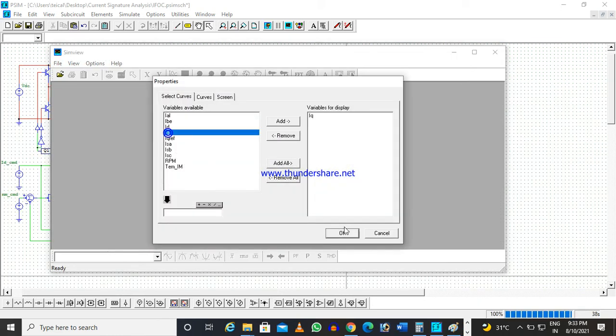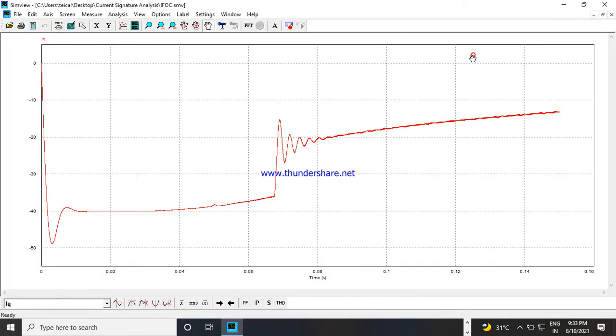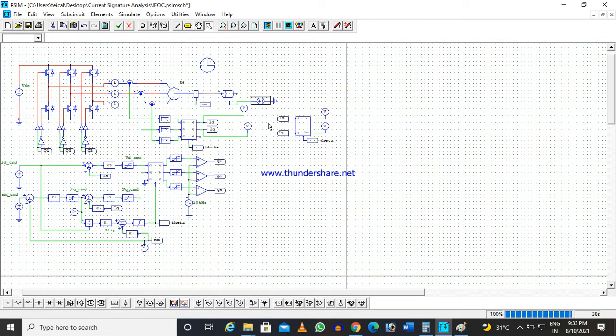And this is my quadrature current. If you see my quadrature current, these are the transients. I am not bothered about those transients. This is the steady state. After 80 millisecond, it is going towards the steady state, and you see it is more or less smooth. Okay. Now instead of the constant torque, say the